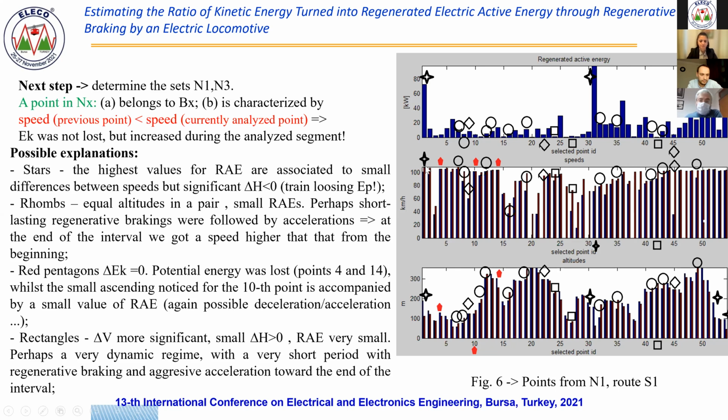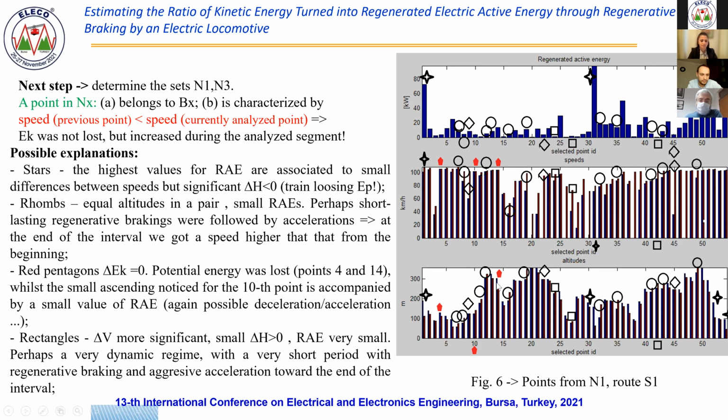The speeds, you can see them. The speed is increasing, not decreasing, but with high differences between the altitudes of the extreme points of the segment. The rhombs denote another situation in which we have equal altitudes in a pair. Such a pair is the current analyzed point, the one with non-zero regenerated energy, and